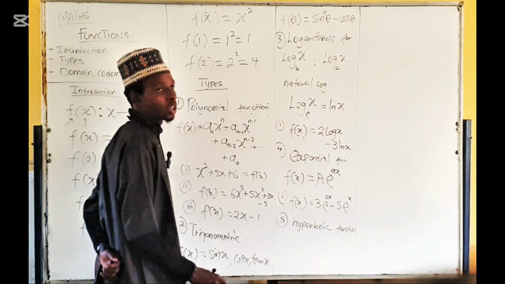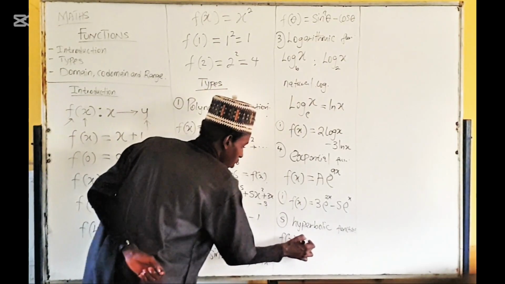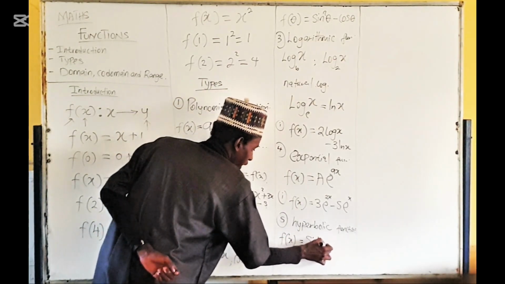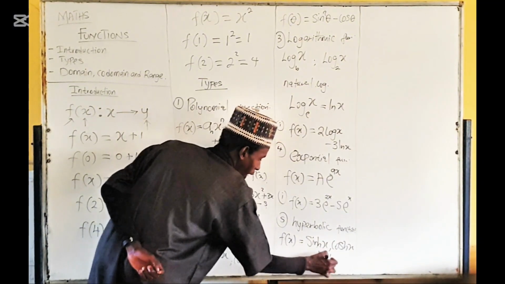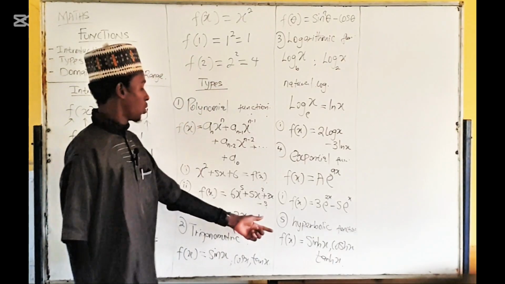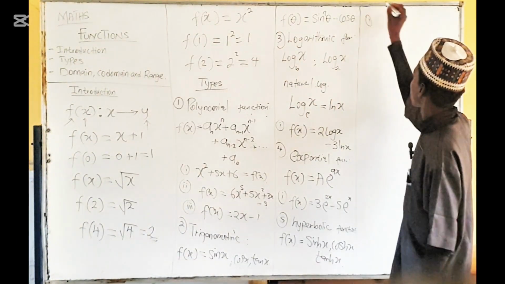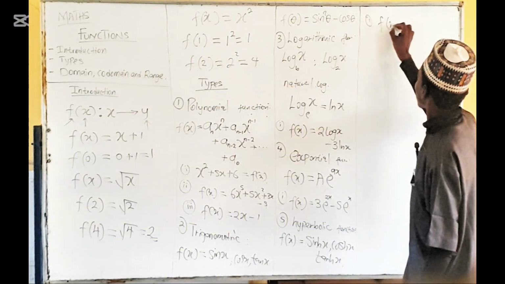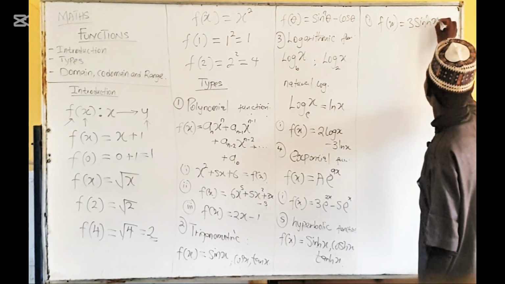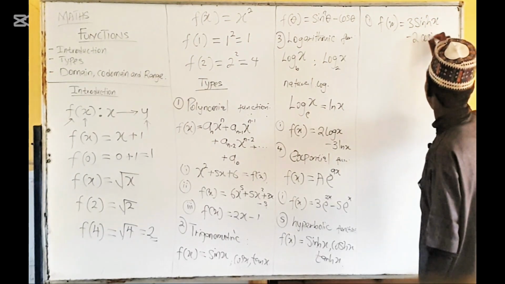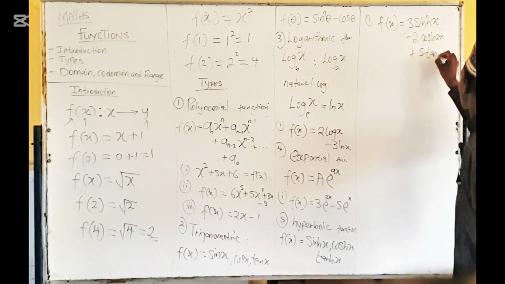We have hyperbolic functions, where f of x is equal to either sinh x, cosh x, or tanh x. They resemble trigonometric functions. They always resemble trigonometric functions. For example, f of x is equal to 3 sinh x minus 2 cosh 2x plus 5 tanh